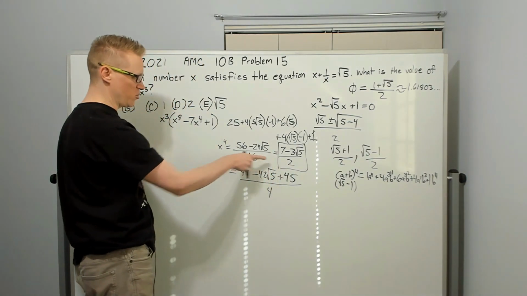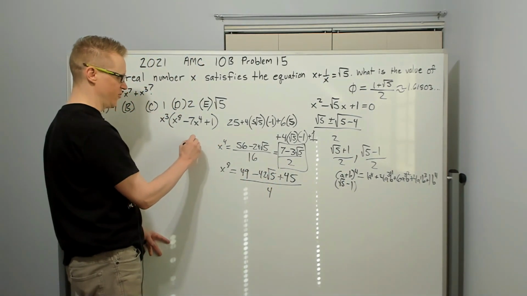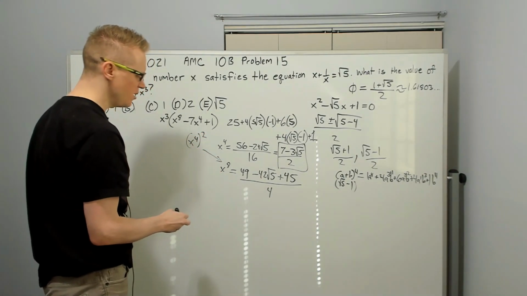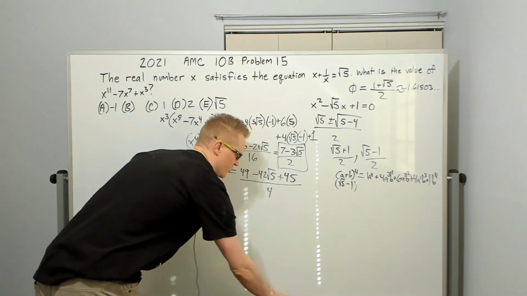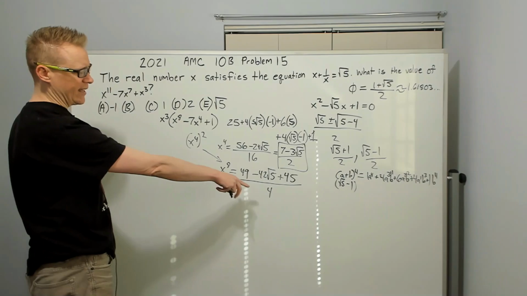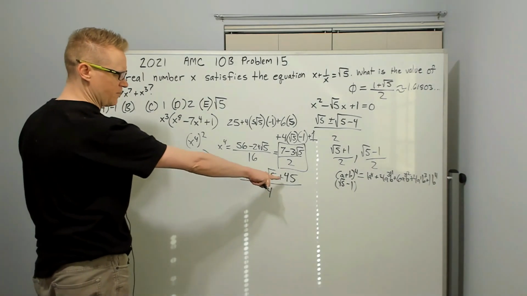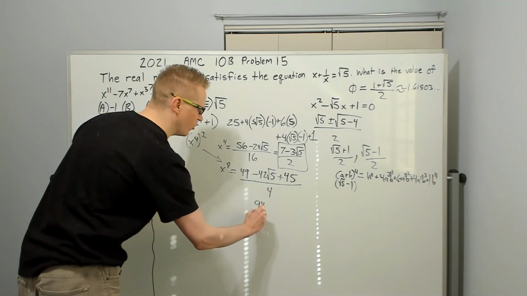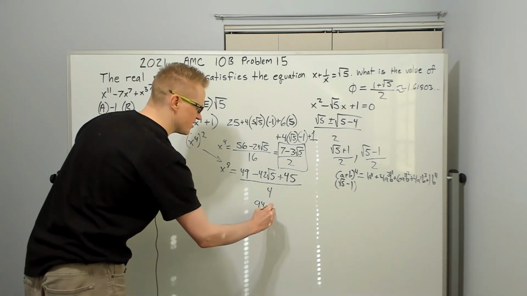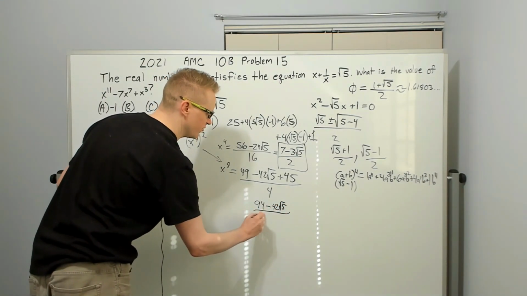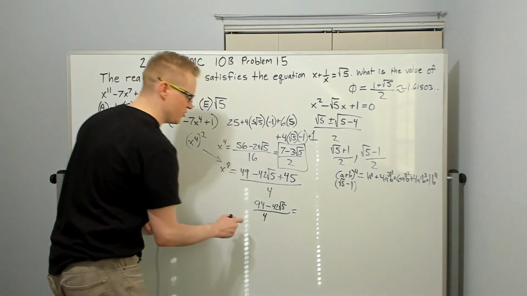Again, we only have to square this because x to the 4th squared is x to the 8th. Okay, so from there, I'm going to try this one out, I guess, since the marker's getting kind of light. 49 plus 45 is going to equal 94, and then minus 42 root 5 over 4,